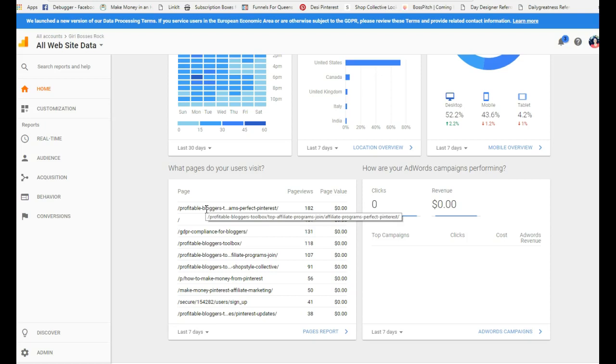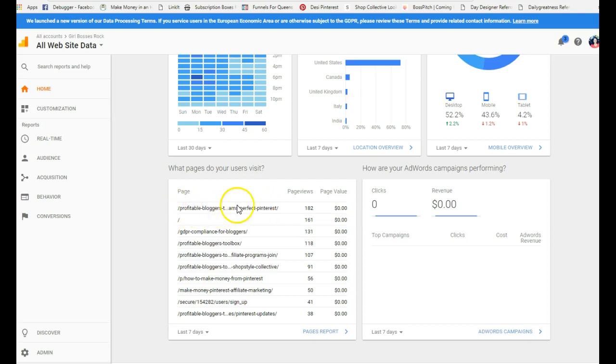Mine are a lot of pages because I have a lot of things created on the page template that don't show up in my blog feed. And I have Pinterest pins leading to all of them. So you can see the page views for each individual one. But for you just doing blog posts, this just lets you know,